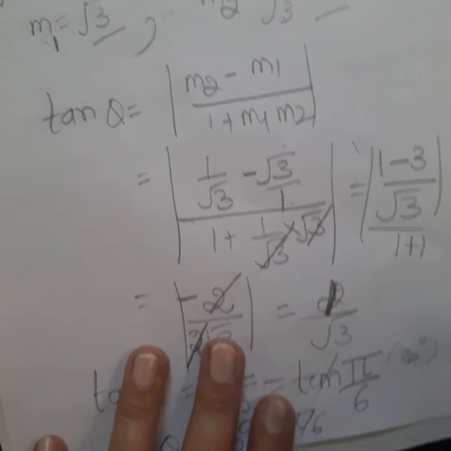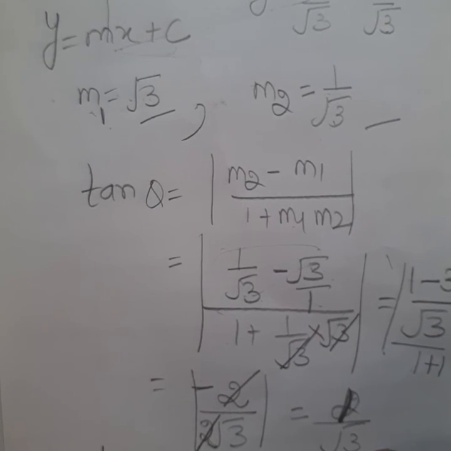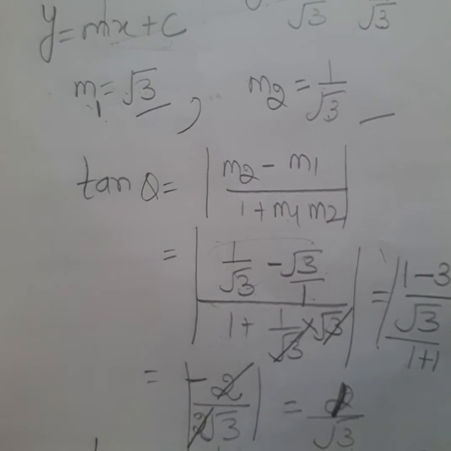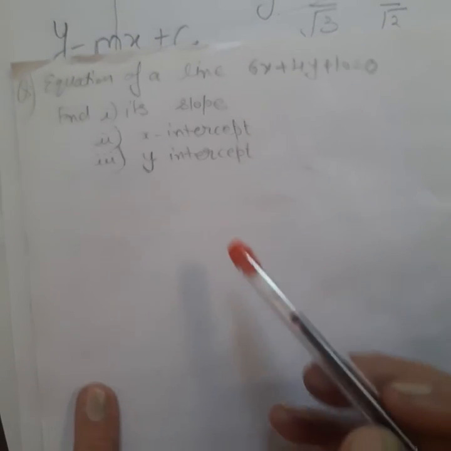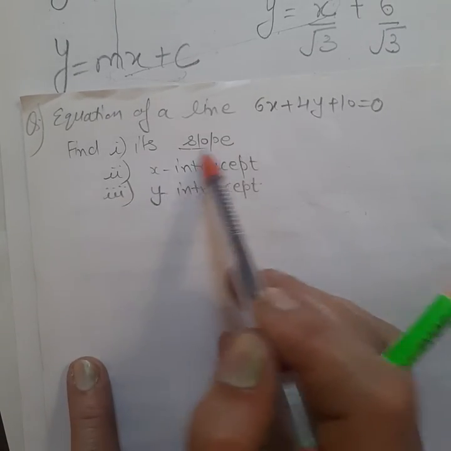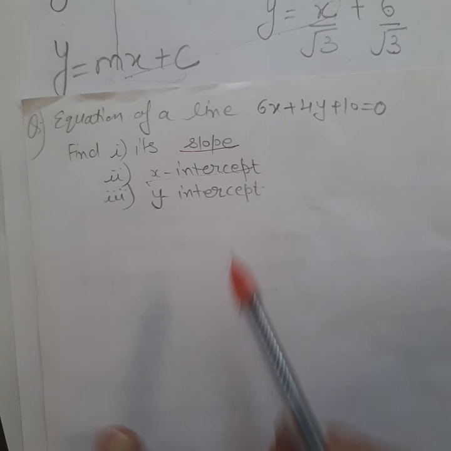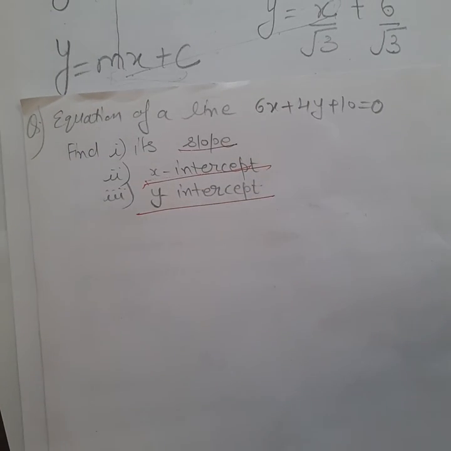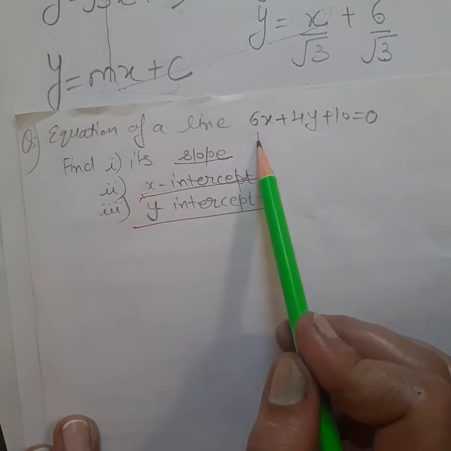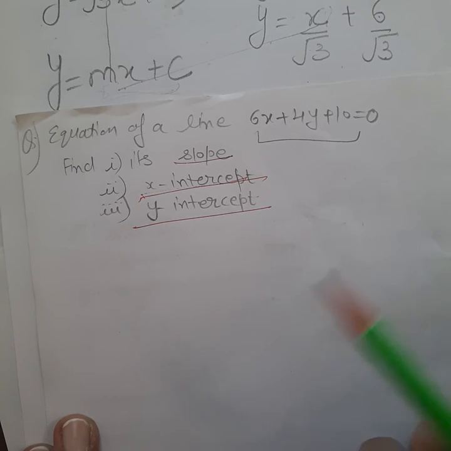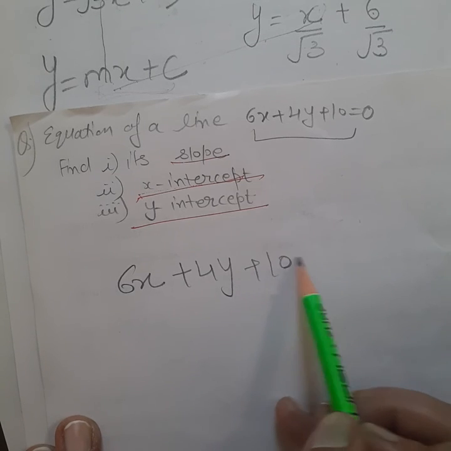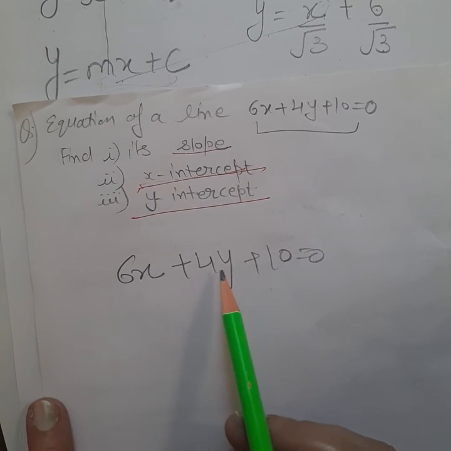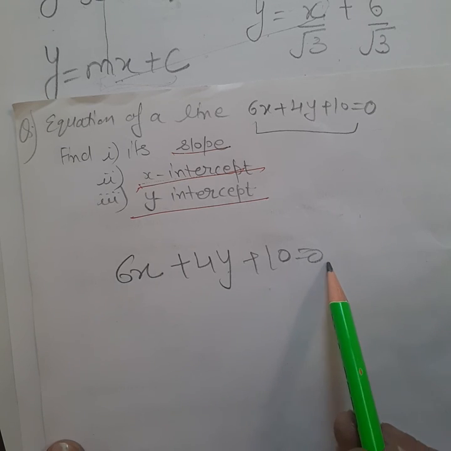Now our next question is that if we have a line, you can see in this form, then first of all we have to find its slope, and its x-intercept and y-intercept. So I will tell you, when we have to find the slope, you have many methods. So first of all you write your equation in this form, and we have to find the value of y. This question has two methods.